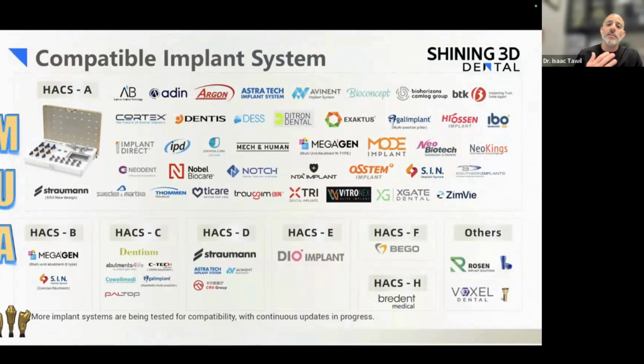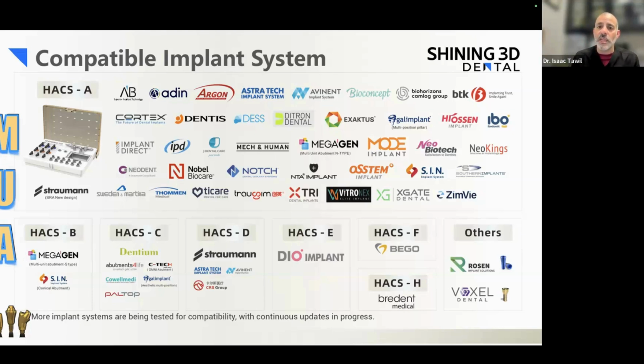And it does get a little confusing because Straumann is on both sides. They have an A kit. They also have a D kit. They were compatible with both. So you have to know which multi-unit you're using. So it's important to make sure you have that one. Make sure they identify it. Hopefully they have a label of what their multi-unit is before they send over a case. But you want to know which one it is, and you want to know which scan body they're converting to, to make it easy for your system.